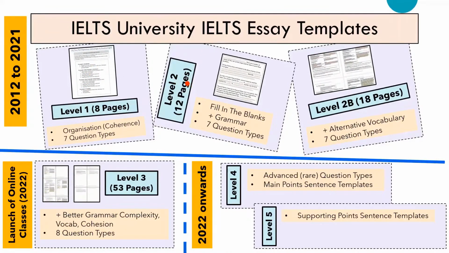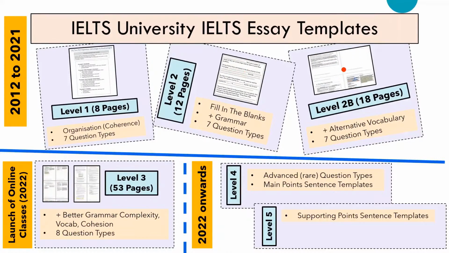And then 2014 or so, I came out with level 2, all right, which I'm going to show you. Actually, I showed you this just now already. Remember, just fill in the blanks. So this was 12 pages. And then in 2016, I started to add alternative vocabulary and structures so that my students do not use all the same words. All of my students don't use the same thing, because if I give this to them, everybody's going to copy the same thing, right? So from 2016